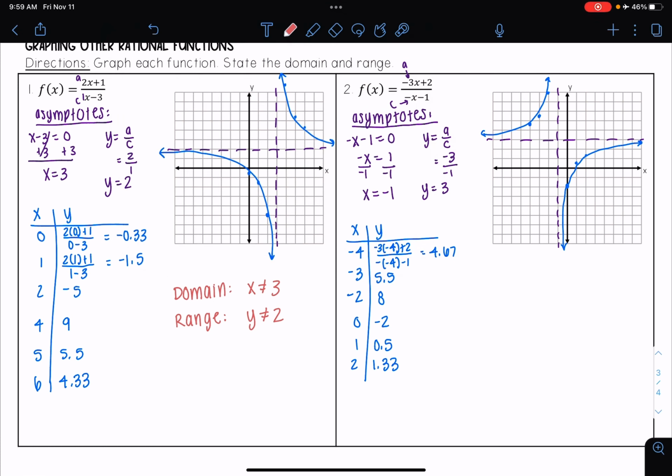And then lastly, it asks for the domain and range. And remember, that's going to be where your horizontal and vertical asymptotes are, because the graph does not cross at those values. So that means that my domain is going to be that x cannot equal negative 1, and range is going to be that y cannot equal